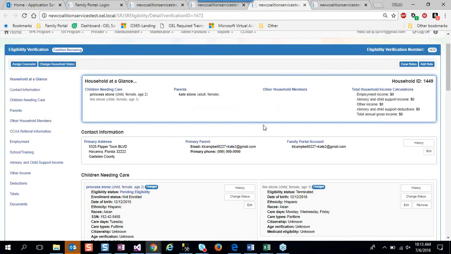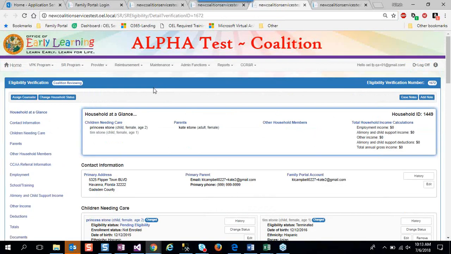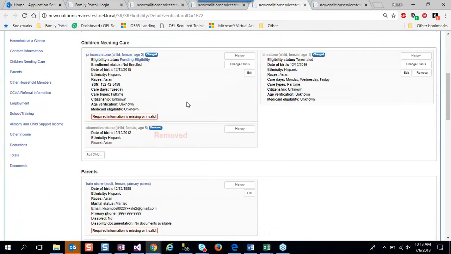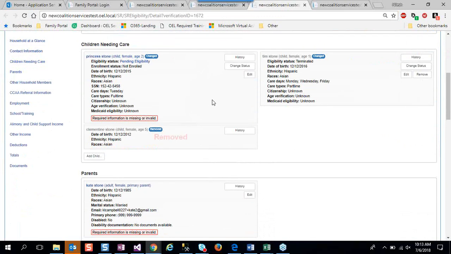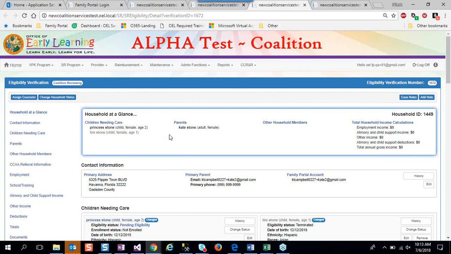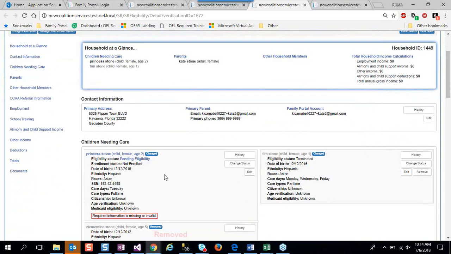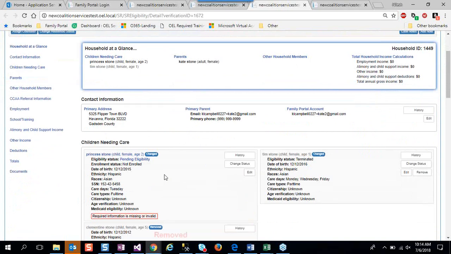Okay, perfect. A lot of the questions we have been getting is, how do I see the eligibility button and the enrollment button? A lot of folks are going through the redetermination, and then OEL has gone ahead and set all of those EDs in a coalition reviewing state, and they're just getting confused on what to do at this point. So in order to have access to the eligible and the enrollment buttons, you're first going to have to change the household status to active. Once you do that,